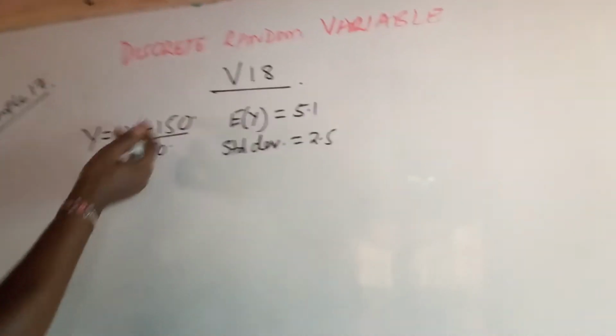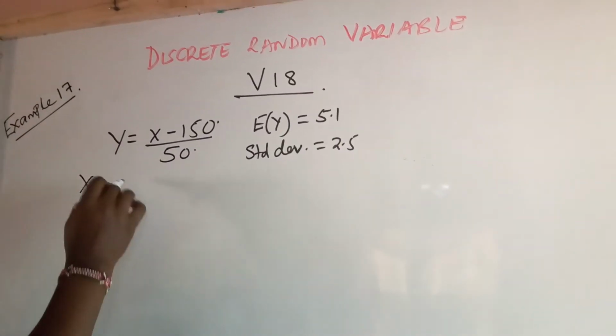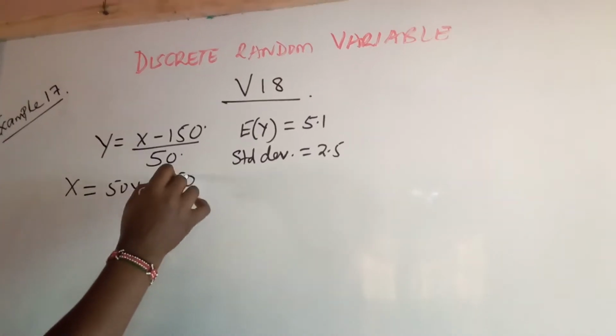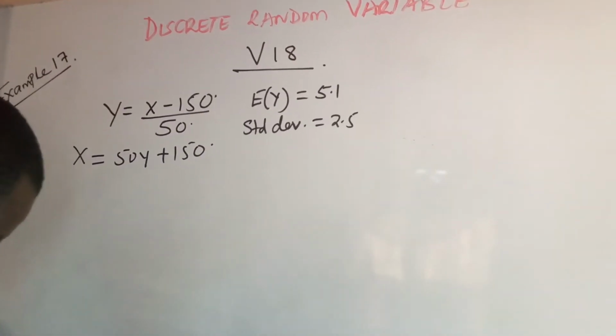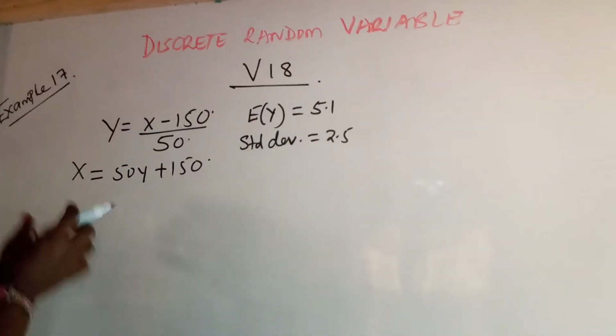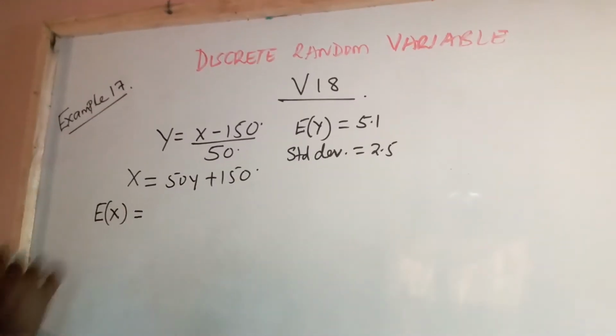As you can see, this is easy, it's simply algebra. So x is given by 50y plus 150. That is the value of x. What is the mean of this original data? That means we are talking about E(x), which is given by,